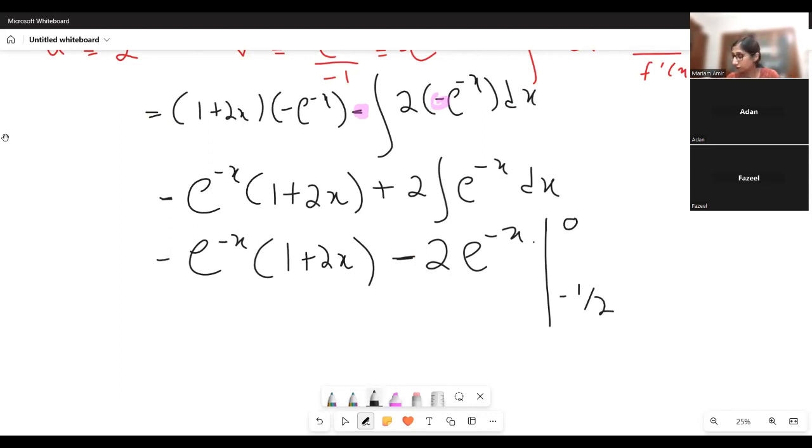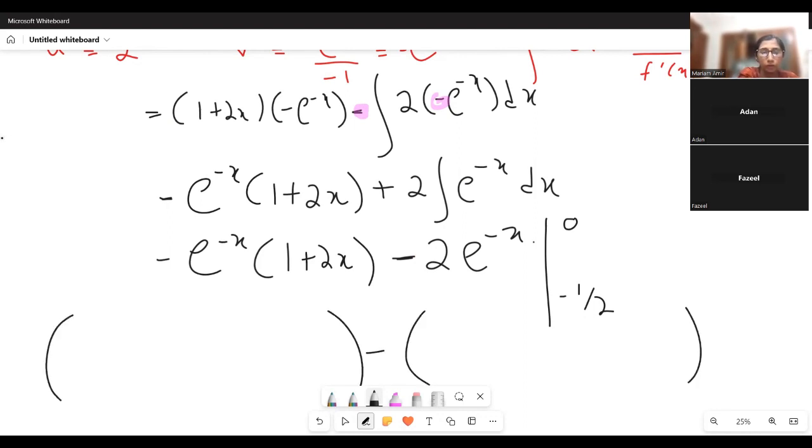चेक करने दो यहाँ तक कोई गड़बड़ तो नहीं. Minus half minus x e power minus 2 plus 2x minus 2. ठीक है, और 0 to minus half. Correct? Let's substitute 0 in here. So it's going to be,